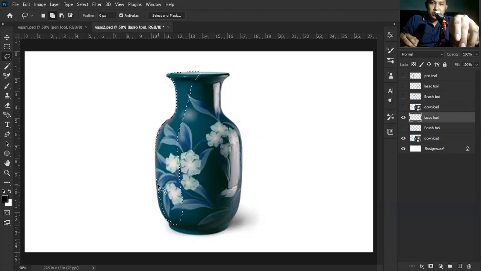The thing with the lasso tool is we can always go back to it. It forms a shape. It circles around itself. Usually, digital artists most of the time use the lasso tool in order to build up the base of their drawing.